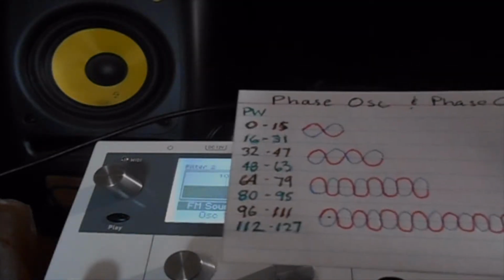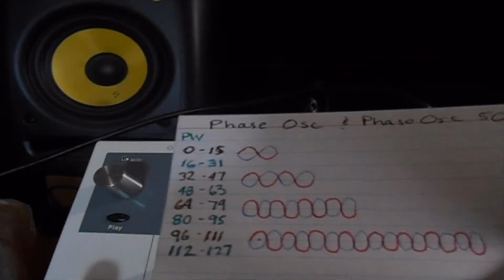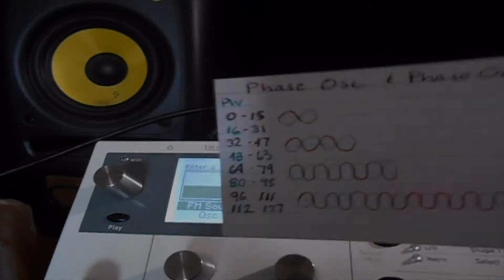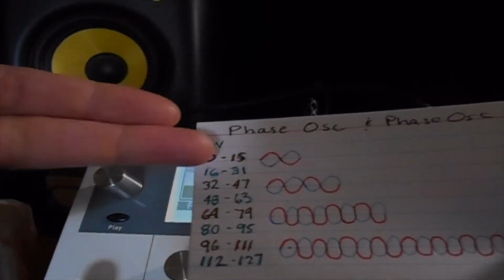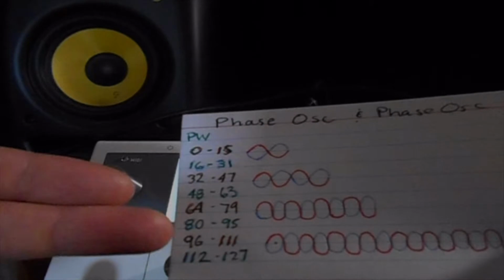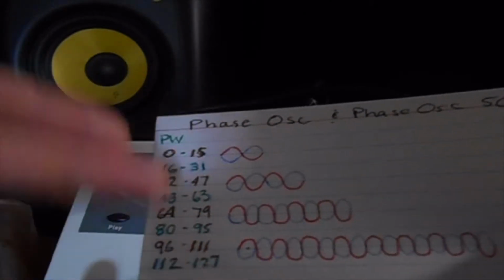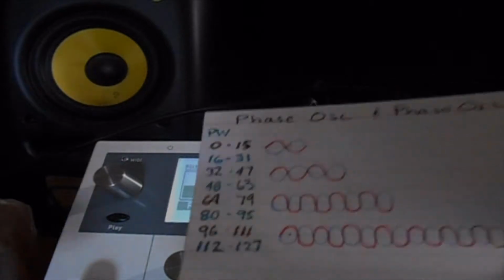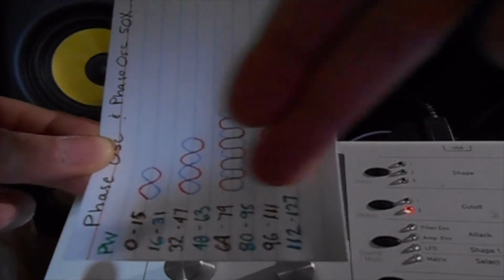0, 16, 32, 48, 64, 80, 96, 112. Anywhere between those regions is going to cause the same effect. But you would want to work with the main numbers from 0 to 16 to 32, you know, in straight halves. I mean, you could do extra math if you feel like doing more math than music, but I prefer to do music instead of math. I mean, music is mathematical, but, I mean, come on. So, as you go from 0 to 127,